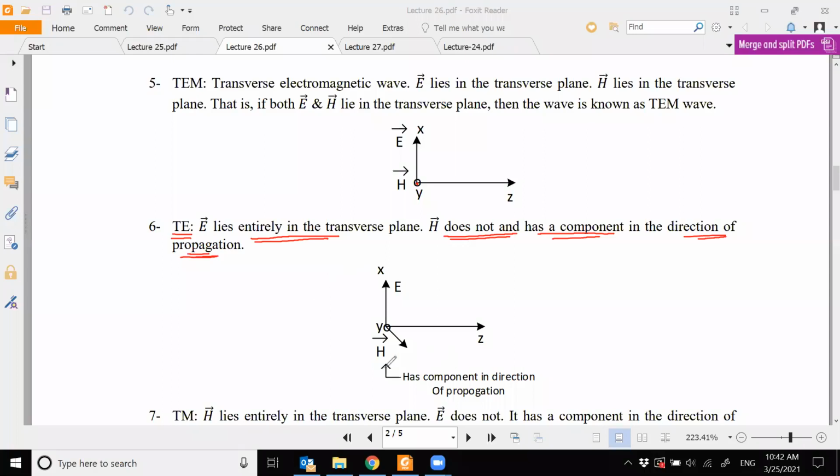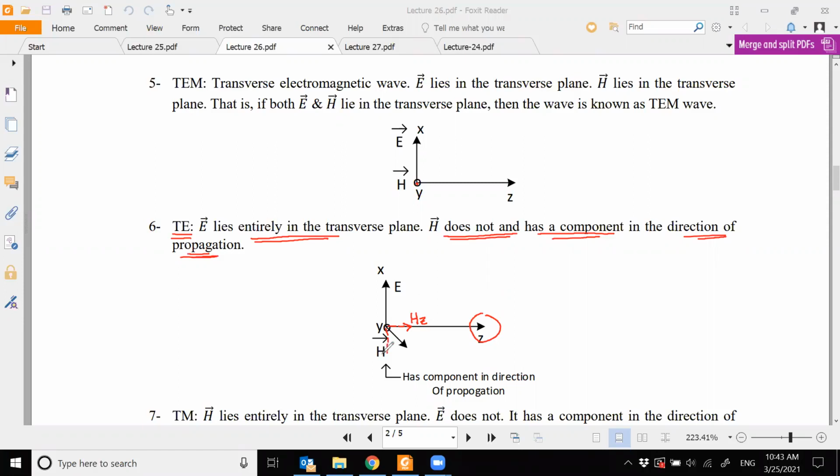That means if you see here, this is my direction of propagation. Now this is my electric field, which is completely in the X direction, but my magnetic field is at an angle. So if you decompose it, my magnetic field has a Hz component and it has a